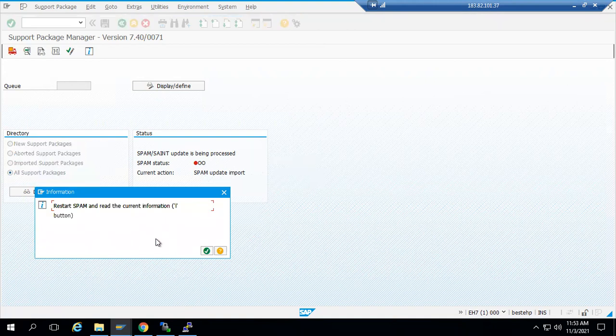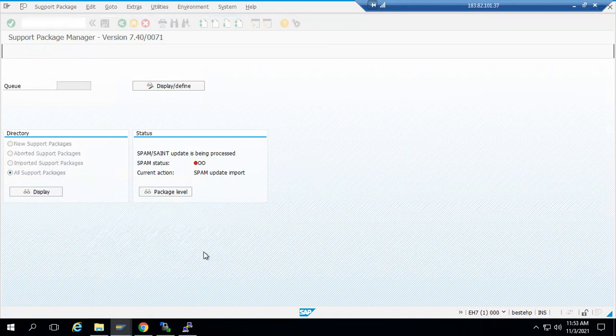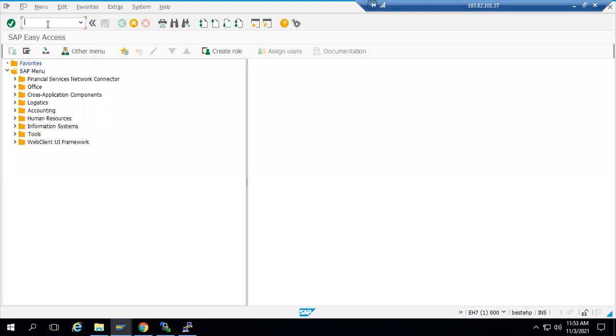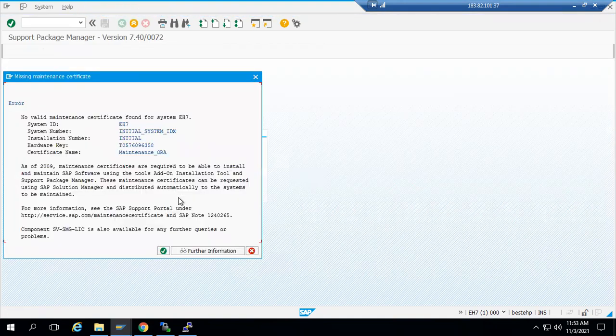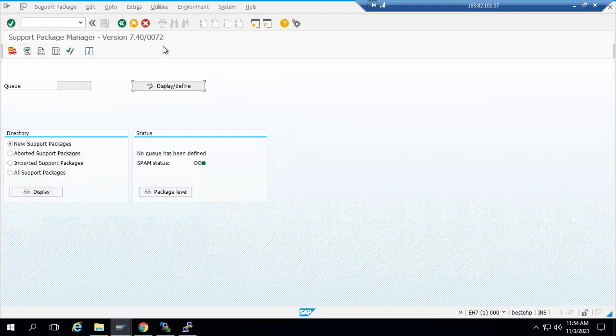So see, restart SPAM. Now it has been done. Just go to SPAM. For this activity, no maintenance certificate is required, only for the SPAM/SAINT update. Here you can see it has been updated.